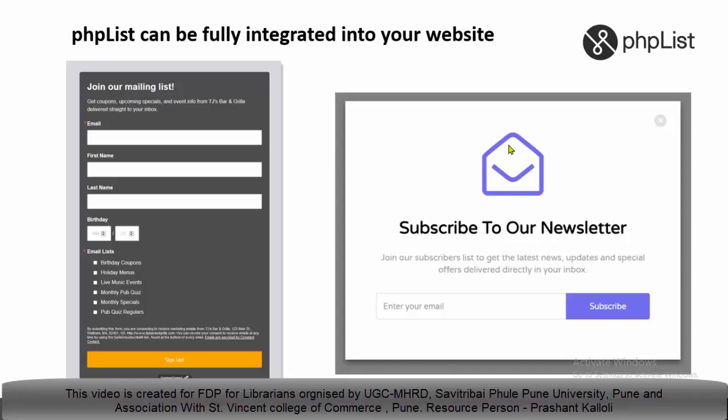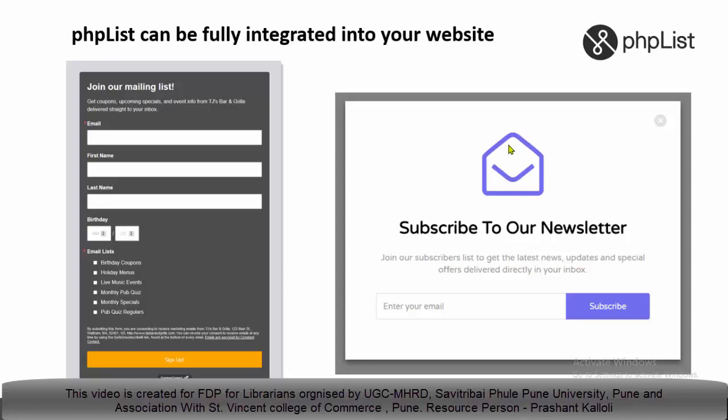Previously what was happening? We were collecting emails and forcefully sending emails to users, and there was the issue of whether they were reading them or not. But here the users are opting for their categories, their lists by their interest area. So we are sending the mails as per their interest area. By force we are not sending the mails; by choice and by their options we are sending the mails. It is a great feature.